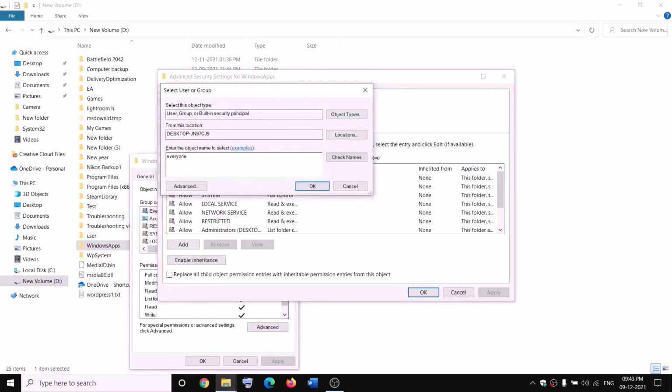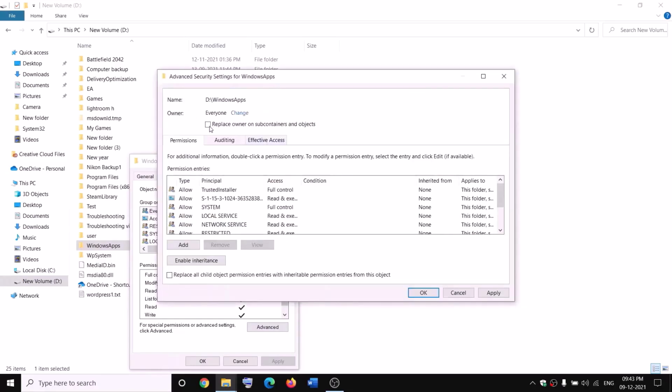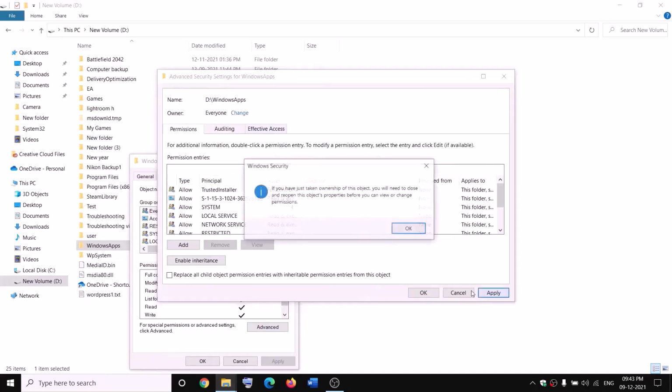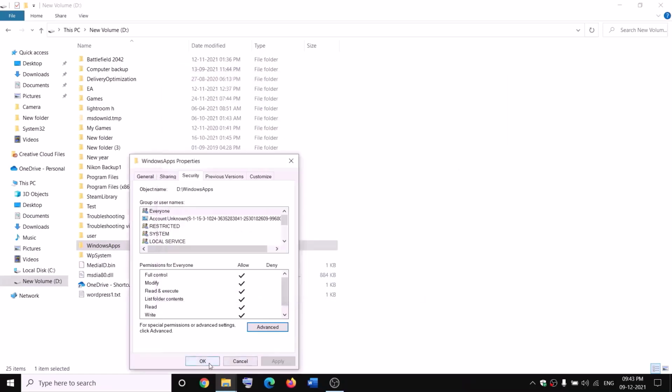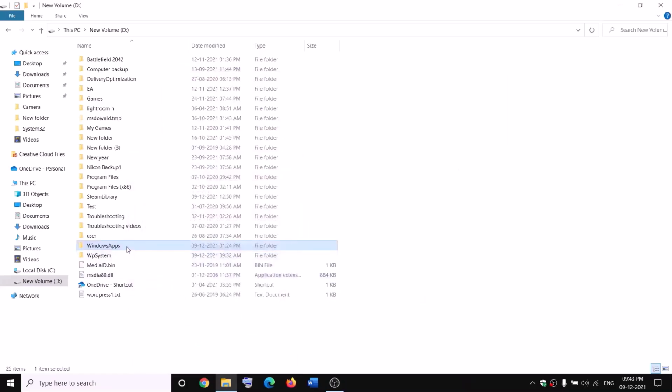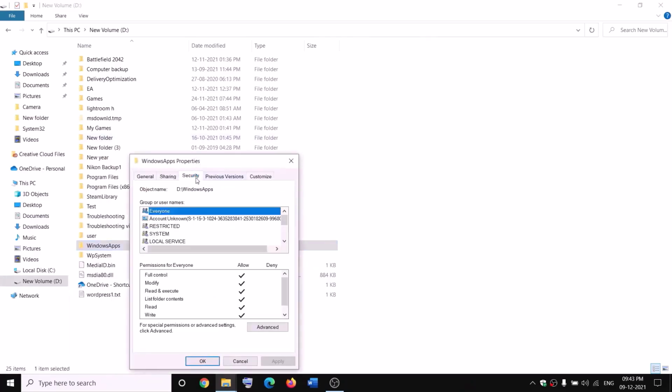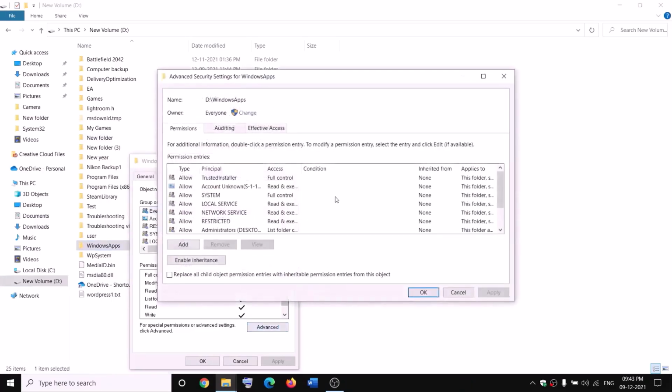Now click on check names, then click on OK. Now put a check on the box which says replace owner on subcontainers and objects and then click on apply. OK, OK, again OK. Again make a right click on Windows apps, select properties, security tab, advanced, and this time